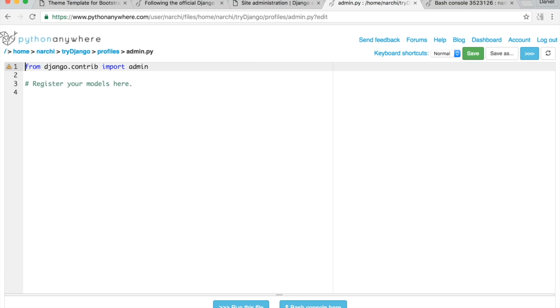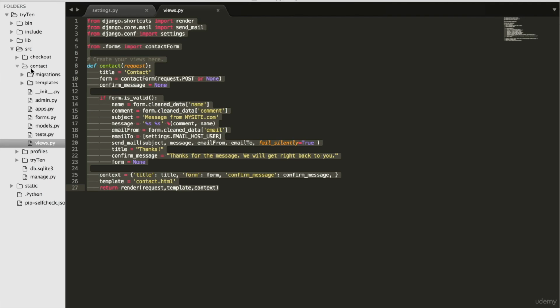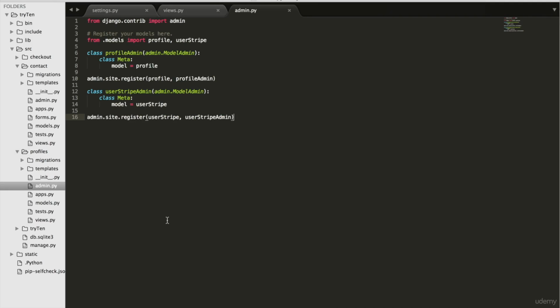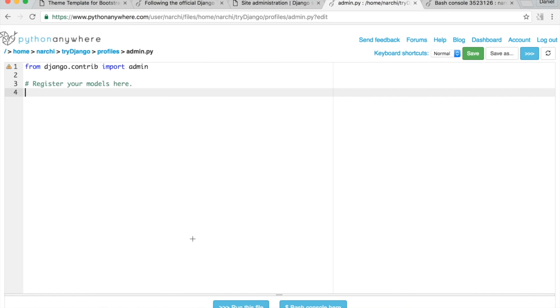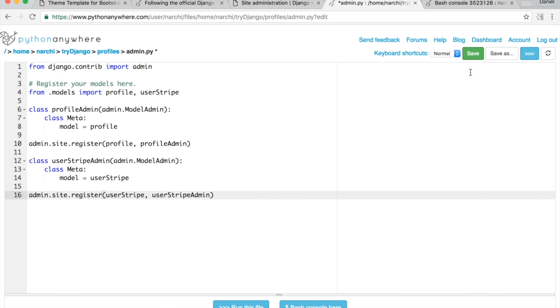Locally, in Sublime Text, copy everything from Profiles admin.py and paste into PythonAnywhere's admin.py and save this on PythonAnywhere,